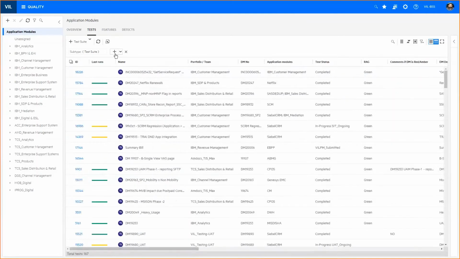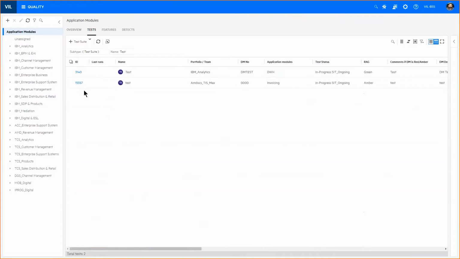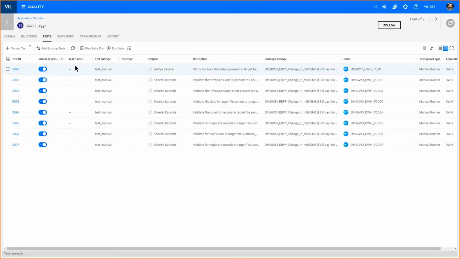Now let us have a look at what fields become mandatory when a test suite is in progress. Let us look at a demo suite that has been created. When you open a suite, it comes to this tab, which is tests. As I told you at the start of the video, this step of creating a test suite comes in between your test case upload and test case execution.